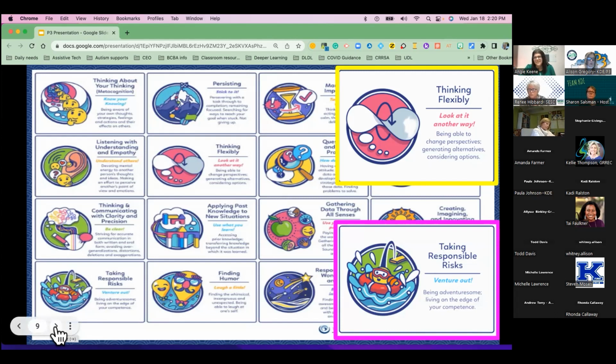Their risks are educated. They draw on past knowledge, are mindful of options, thoughtful about consequences, and have a well-trained sense of what is appropriate. So we're not just going, as my Pike County people would say, all willy-nilly. We are looking for things that are research-based. We are thinking it through before we try new things, but we have that environment where we can try new things. When encouraging a teacher to take responsible risks, effective leaders consider these things.